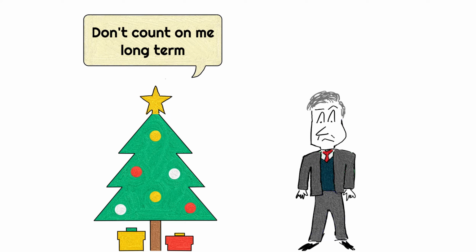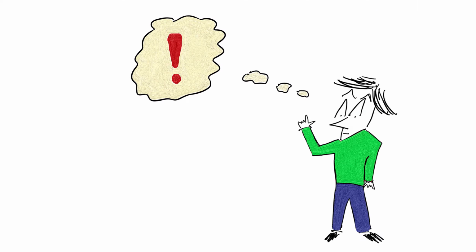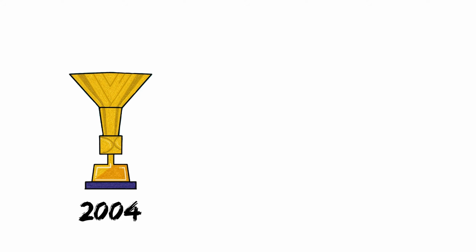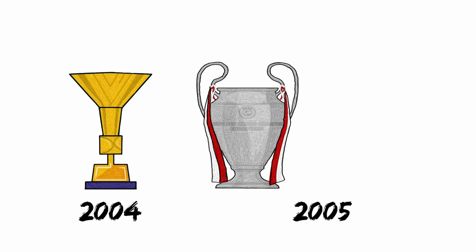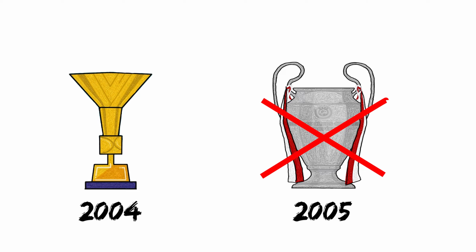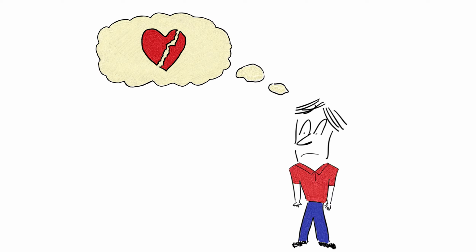Right, so one thing you need to know about the Christmas tree formation is that it was first and foremost a solution to a problem, rather than a perfectly planned formula to be used for a whole season. To know the context behind it, we need to go back, way back to the mid-2000s, when Milan won the league title in 2004 and went all the way to the final in the Champions League against Liverpool in 2005. That one really hurt, by the way.